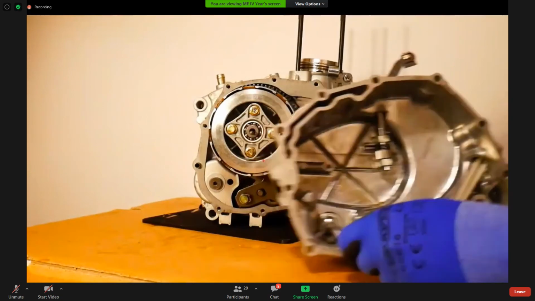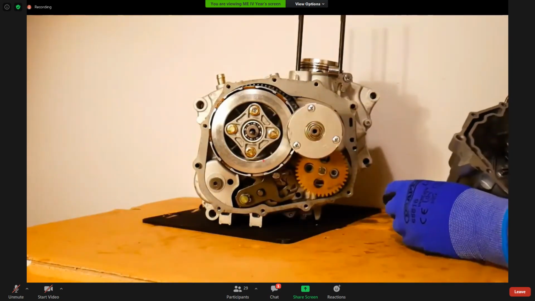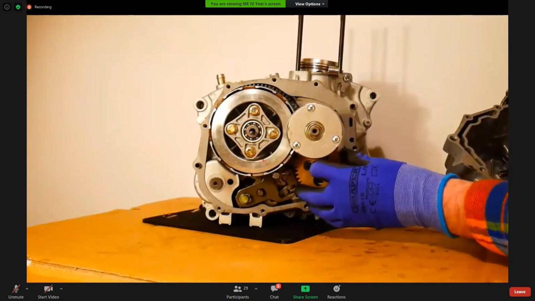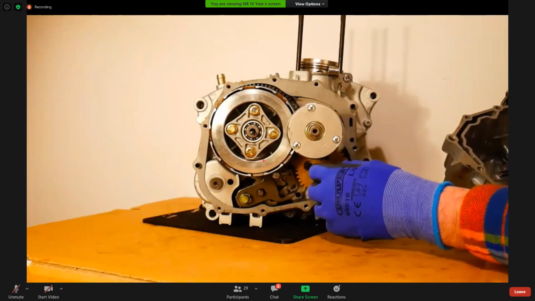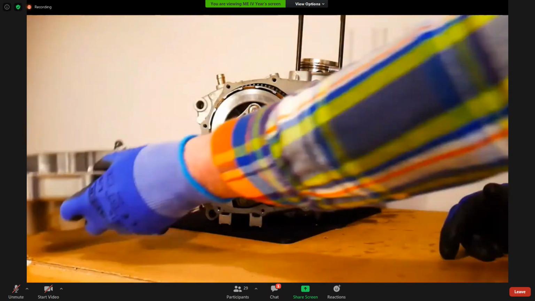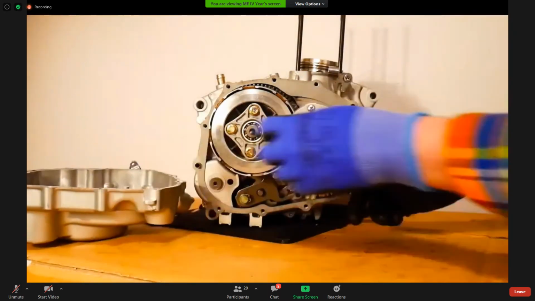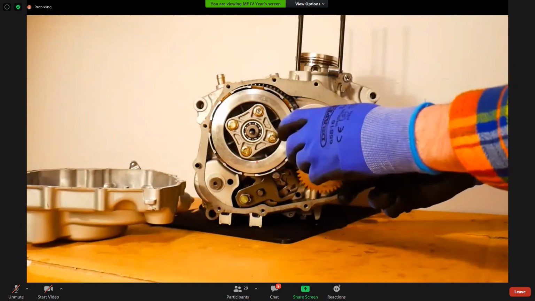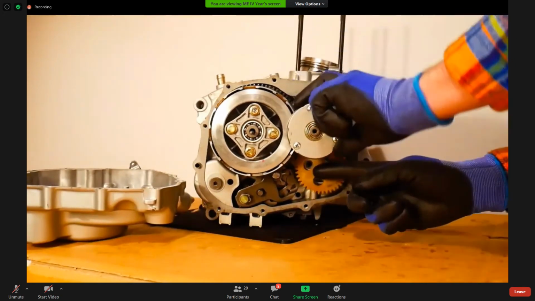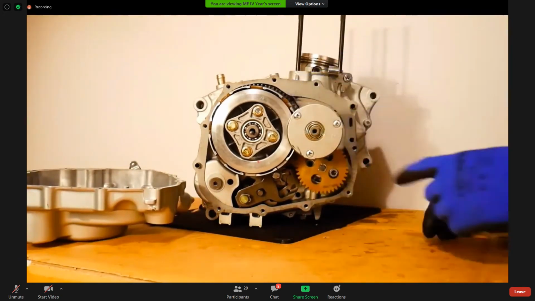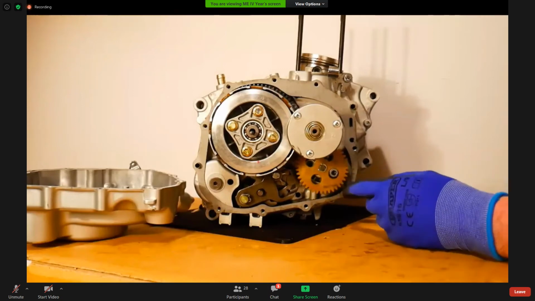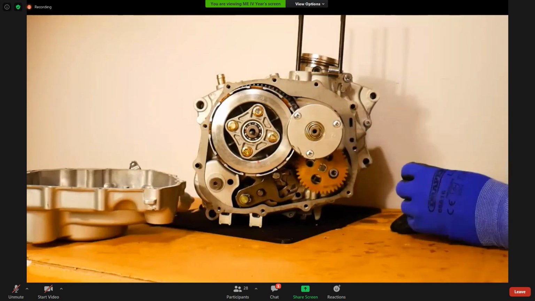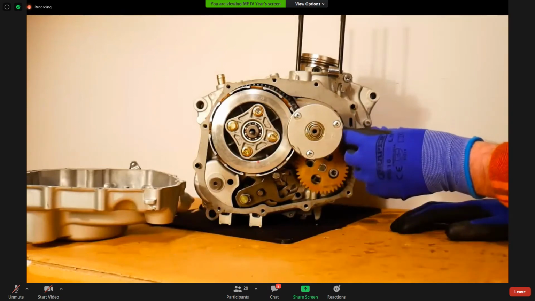So the oil itself is pumped via the oil pump, which is down here. Again, I have it loose, but the pump will be driven also by this little driven gear. So you can see it moving here at the bottom. Hopefully you can just see that little bit of movement. And this driven gear drives the oil pump, which pumps the oil through the recesses or the cavities in the